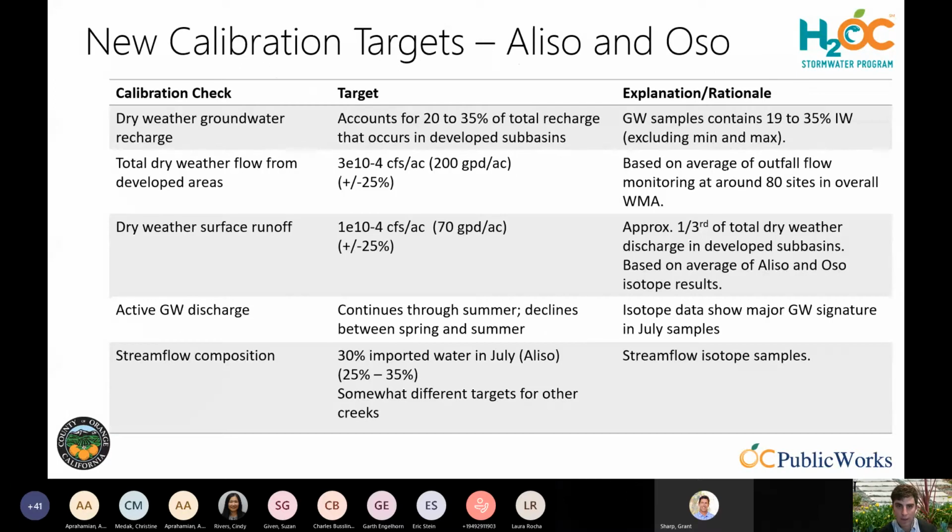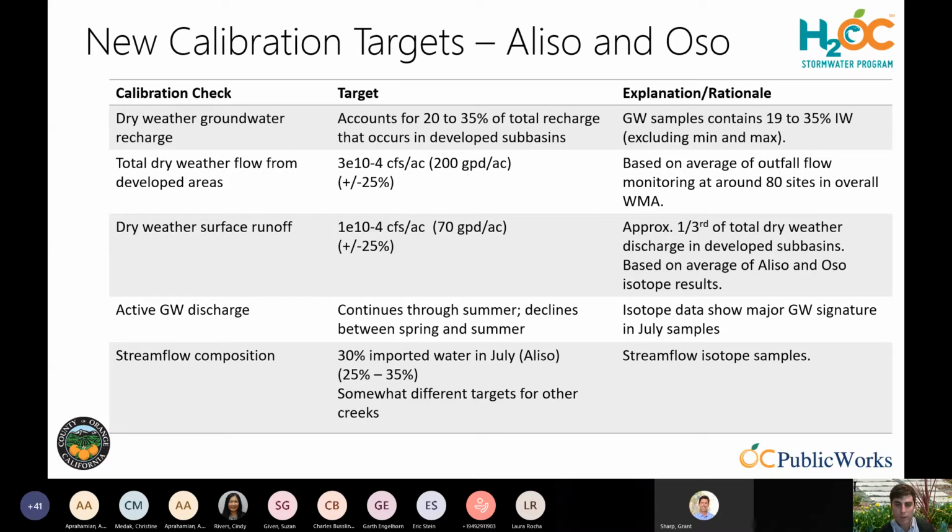With this, before I hand off to Rich, we use these to establish a whole new category of calibration targets. We still have the flow data that we're matching for both base flow and peak flows and everything in between, but we've identified some additional targets, including how much of the groundwater recharge in the model is coming during dry periods, based on irrigation overspray and seepage, where excess irrigation seeps below the root zone, and how much is coming through rainfall-derived recharge. We were already calibrating to how much flow is coming from dry weather areas,